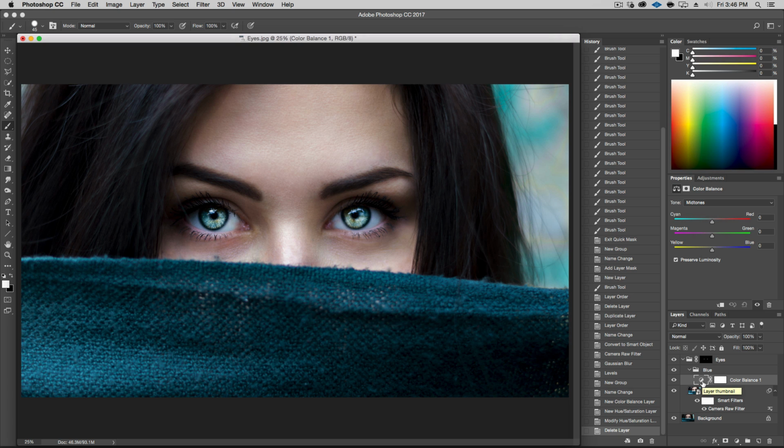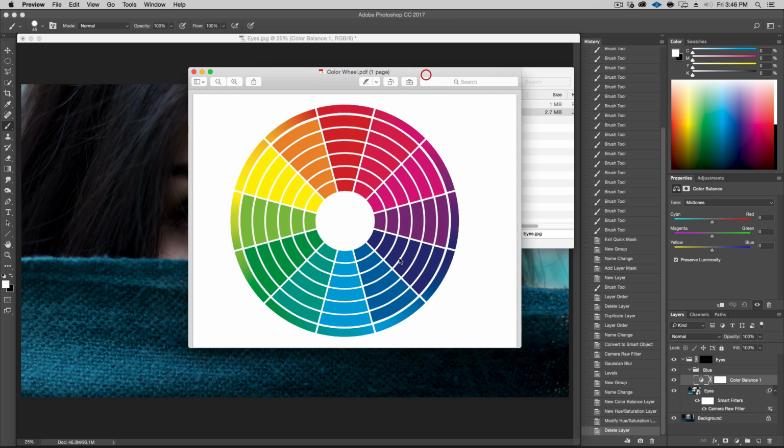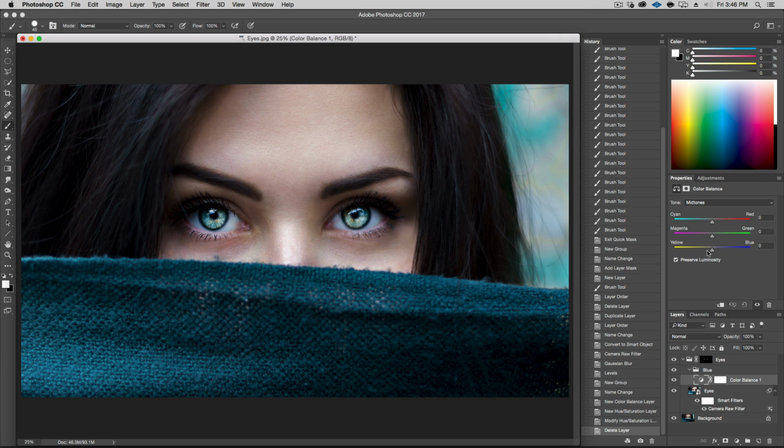And in here, for the blue, let's start with the color balance. I usually start with the midtones. And so I want to go extra blue. That means going away from the greens and yellows. If we look at the color wheel that we had opened earlier, you'll see that you have the blues here, which means it's the opposite of yellow and orange. Now the reason I bring this up is because sometimes it's better to take away from these colors to go towards this as opposed to just adding these colors. So here, for example, I